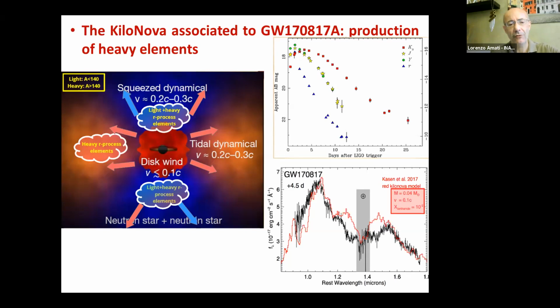On the left here you see simply a sketch of how this radiation is produced through the merging of two neutron stars, forming a black hole and accretion disk. There is then the launch of a supermassive, highly rotating neutron star, producing in any case a relativistic jet that produces the gamma ray burst, and also this wind, equatorial or polar, producing a two-component emission in the near infrared that again is due mostly to the radioactive decay of these very heavy elements.